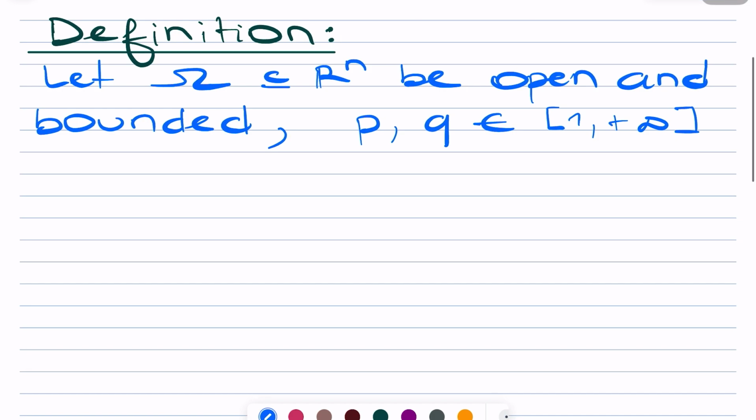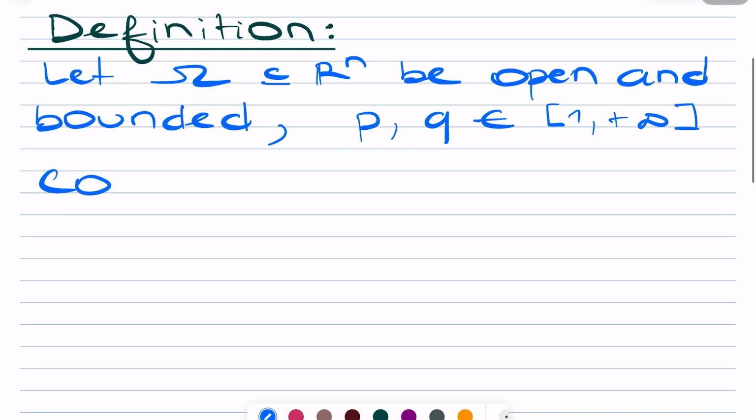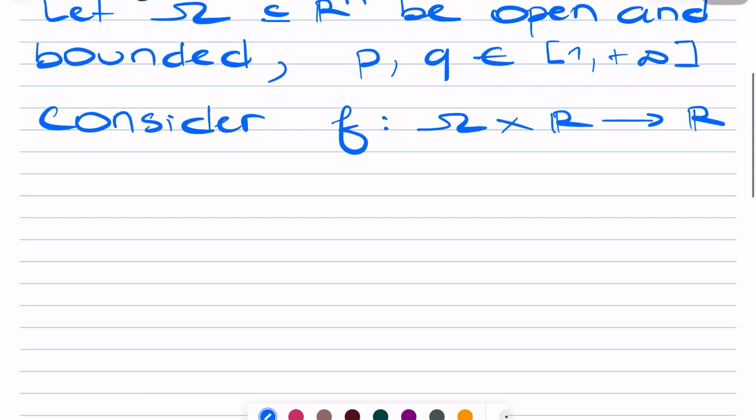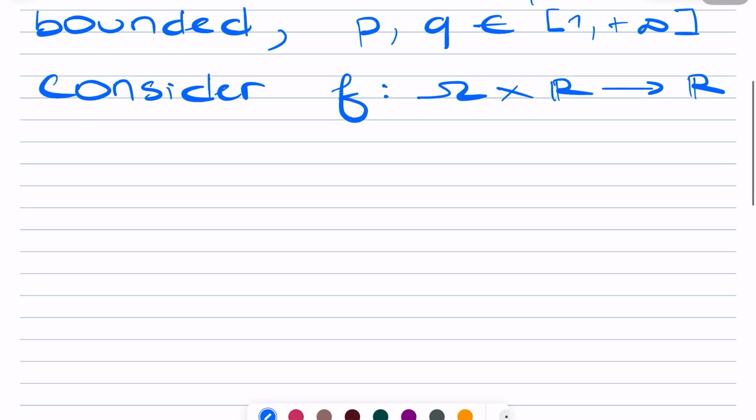Now consider a function little f, defined on the Cartesian product omega cross R into R. Then the corresponding superposition,